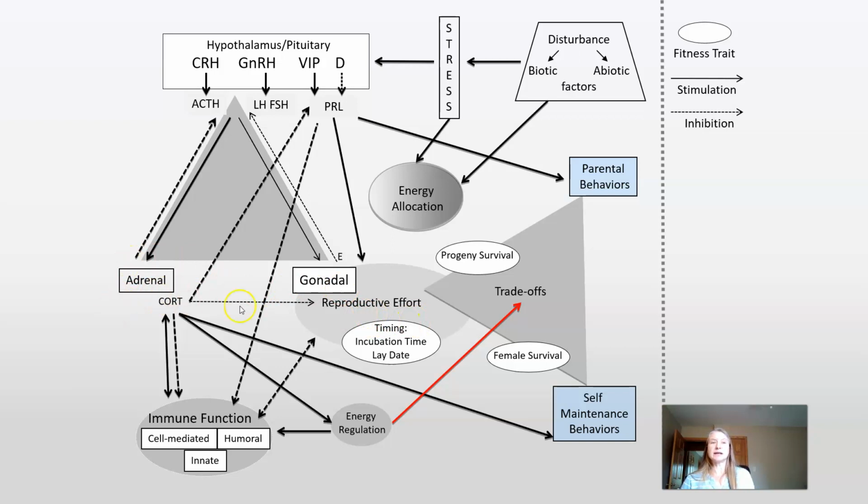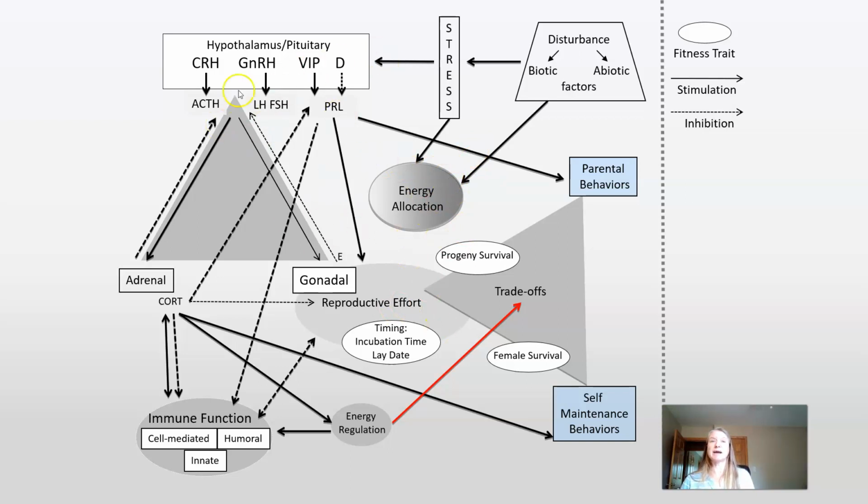Both of these are related. So if you're stressed, you don't have as much energy for reproduction. So there are going to be basically feedback loops up to the brain saying, hey, I'm stressed. I have to allocate my energy to something other than reproducing at this time. It can also affect your immune function. So the book was talking a little bit about immune function, the cell-mediated or humoral, the innate immune systems. And all of this is going to have trade-offs with energy regulation. So if you have lots and lots of energy, you can do feeding and immune system and reproduction and growth and everything. But if you have limited energy, you're going to have to alter your behaviors.